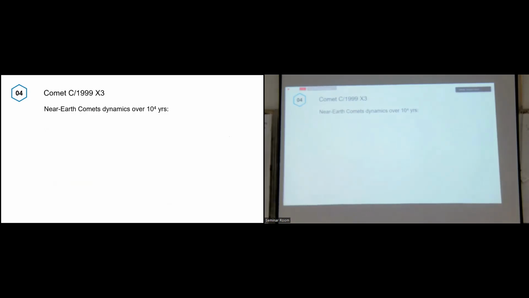Another one, comet C/1999 X3. We examine it for 10,000 years. Near Earth comets are comets residing close to the Earth or dynamically related to our Earth.